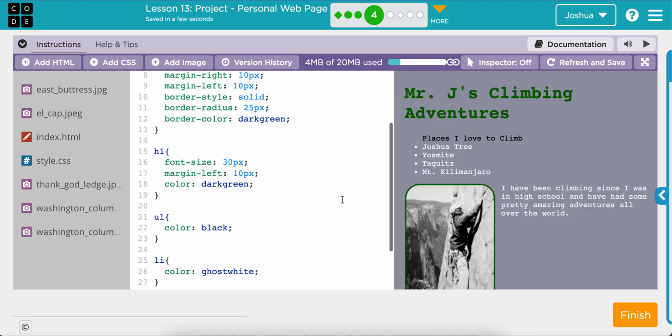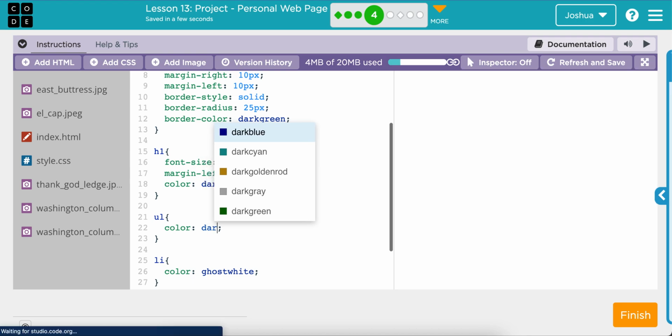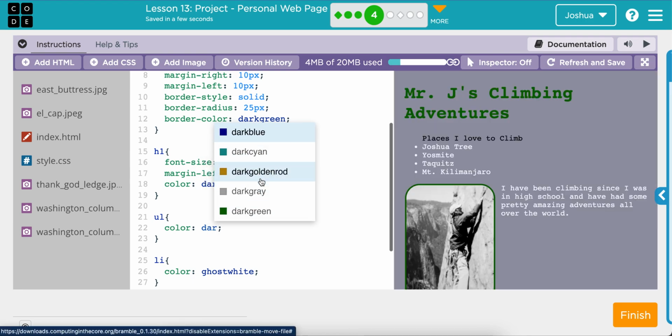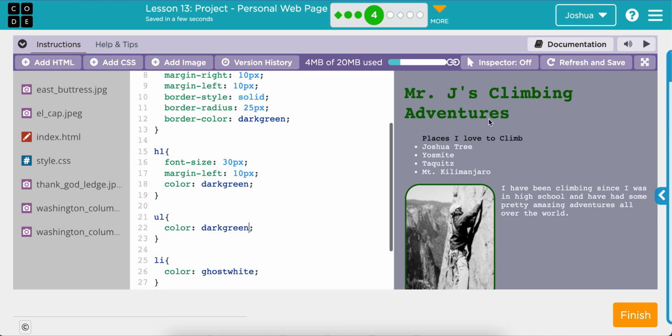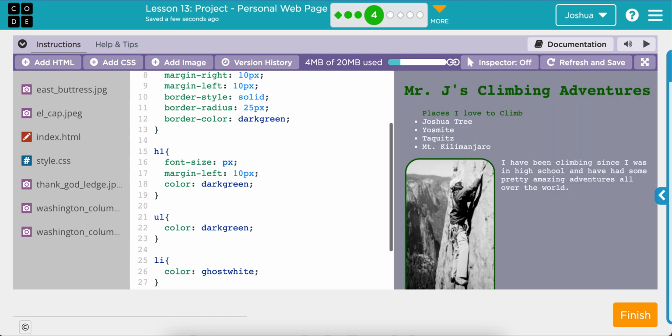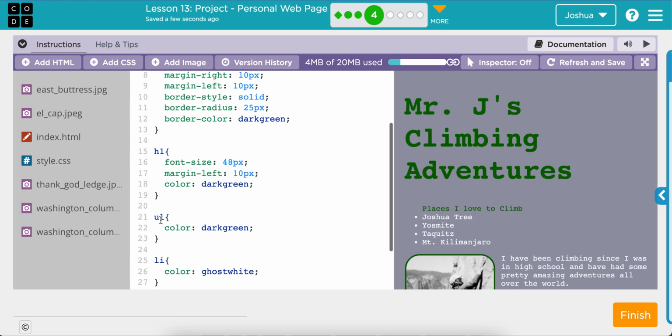Okay. For the sake of time, you're kind of seeing that now my web page is taking shape and form, and it's starting to look more personalized. I don't like this black color here, so I'm going to do the dark green also. Dark green. And then I also think this font here needs to be bigger. So if my H1 is 30, I'm gonna actually make this bigger. I think it'll be fine. I'm gonna go 48, and then my UL